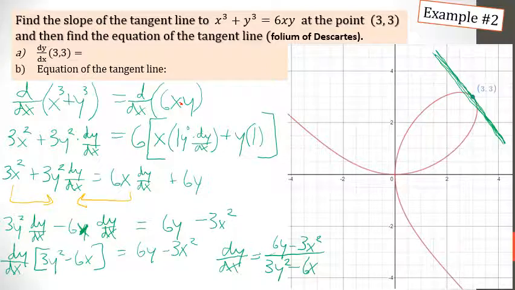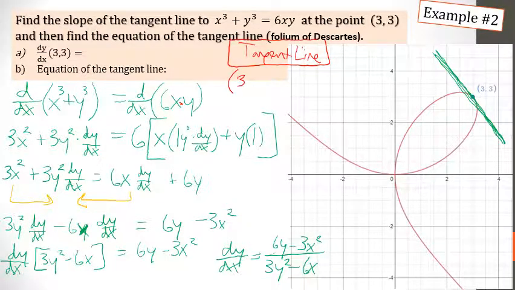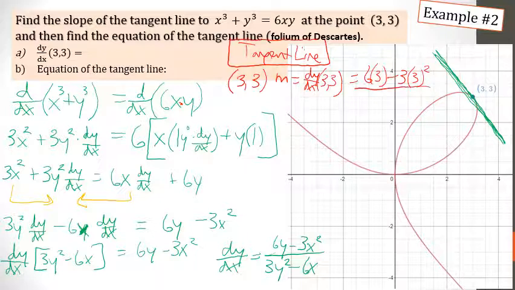Okay, now we have to find the equation of the tangent line. So I'm going to go up here, tangent line. Well, what two things do we need for the tangent line? We need the point, which is (3, 3), and we need our slope, which is dy/dx evaluated at (3, 3). So we have 6 times y minus 3x squared over, I'm doing this formula down here, 3y squared minus